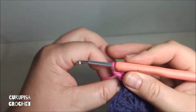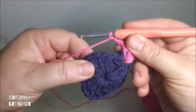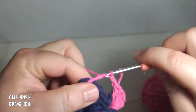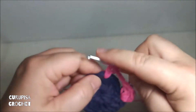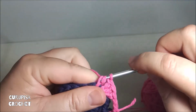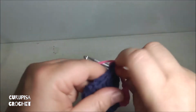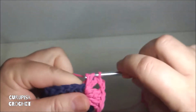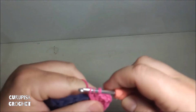And then chain 2 stitches to go to the next corner. And this you will repeat until you finish the round. Again, work 4 double crochet stitches, 3 and 4, chain 2, and again 4 double crochet stitches. In each corner you'll do the same. 4 DCs, 2 chains, 4 double crochet or DC,